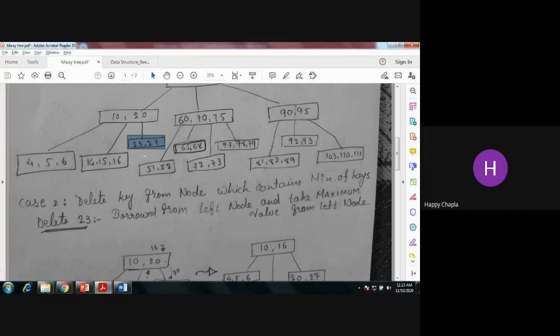So what do we have to do? We can borrow from the left hand side or from the right hand side. There is no sibling available on the right hand side, so we ask the left sibling. If the right sibling is there, you can borrow from that as well. Now, I am asking, can you give me your maximum number from the left hand side and minimum number from the right siblings?